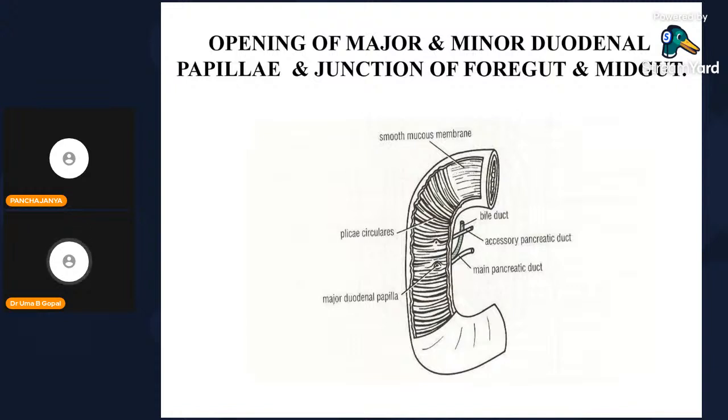This figure you have to draw when they ask about the second part of the duodenum. You can see the major duodenal papilla, okay, where the bile duct and the major pancreatic duct join together and open out into this. The accessory pancreatic duct opens slightly above and anterior to this duct through the minor duodenal